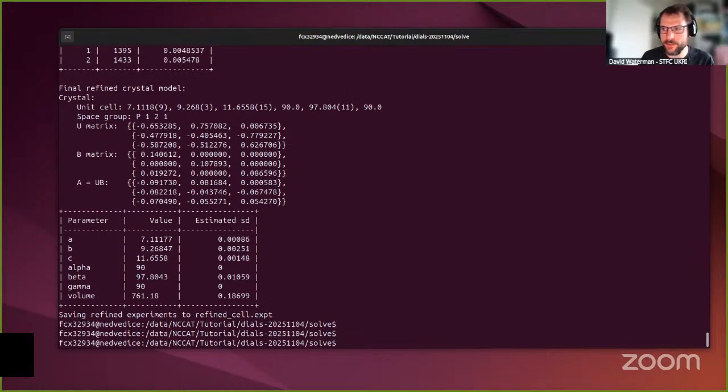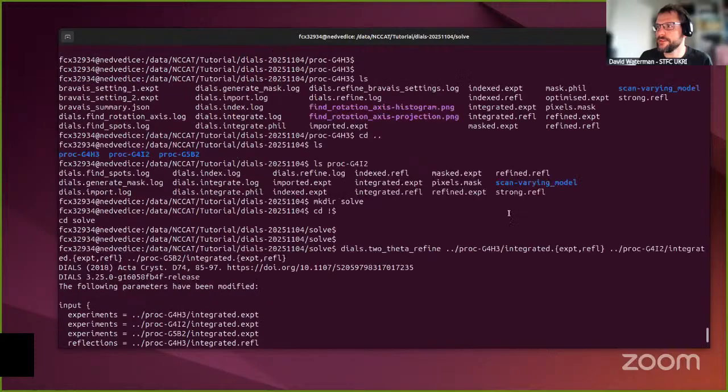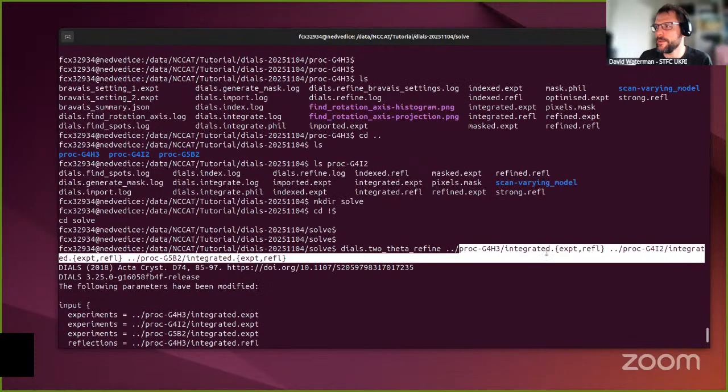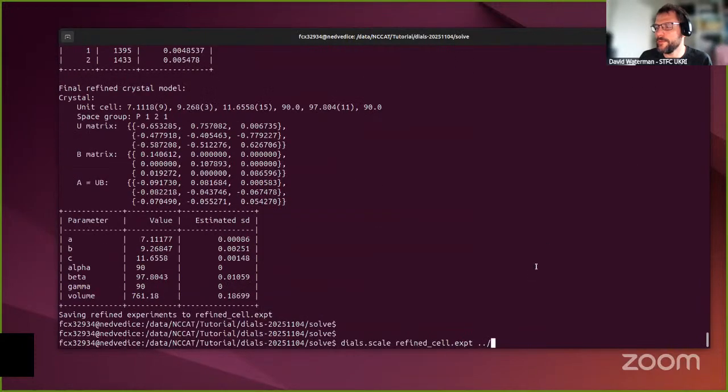And now I want to do the scaling. So to run the scaling of all those data sets, I don't need to point to integrated.expt for each of the data sets, because actually it's all contained in one file. It's this refined cell.expt. So I provide that file, but I do still need to point it at the reflections for each of the data sets. So let's go up to this one, integrated.refl,